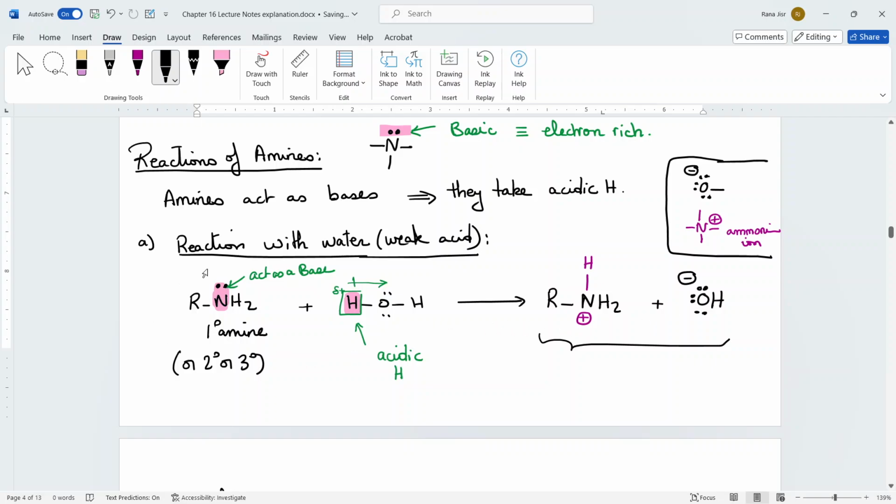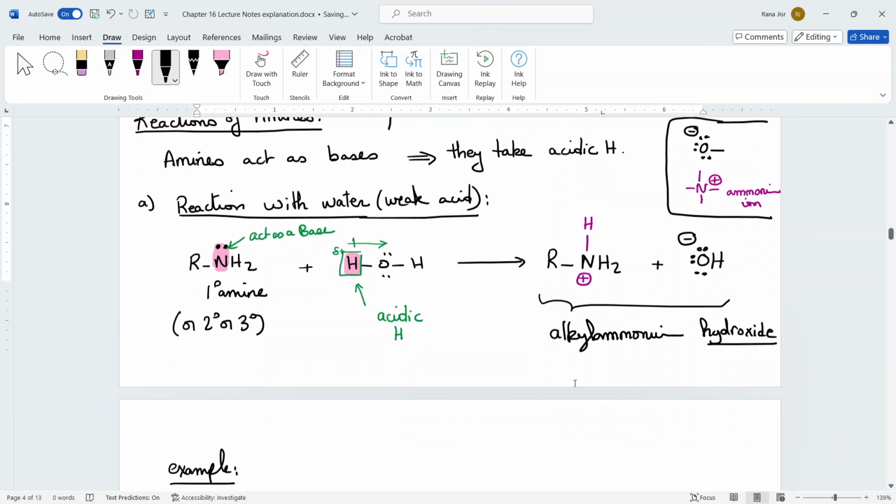The rule says that if you start with 0 charge in the reactants, your products have to be 0 charge. And here, this is an ammonium ion, so I can simply name it as an alkyl ammonium hydroxide. That is going to be an alkyl ammonium. This is the general name for it: ammonium and hydroxide. The negative part is always left at the end, and the positive part is always named in the beginning. So you name the positive part, the ammonium, and then the negative part. And of course, if there's any R, that is going to be an alkyl based on that R.